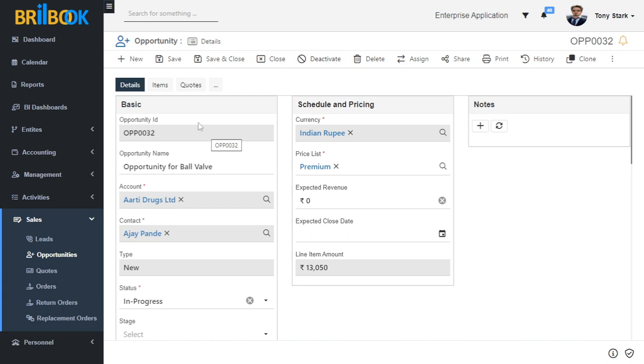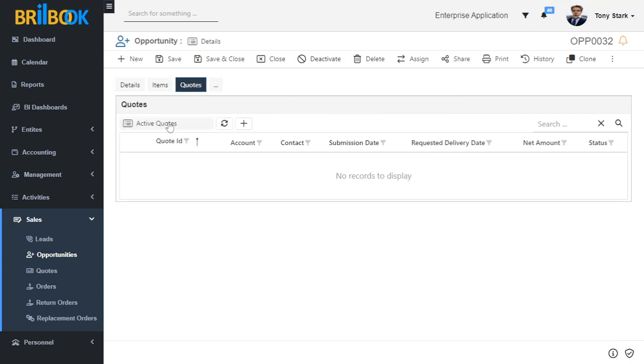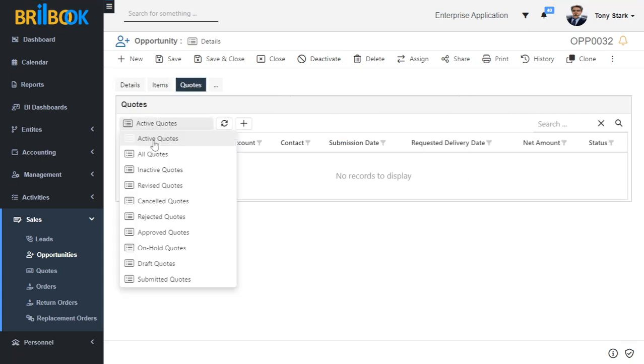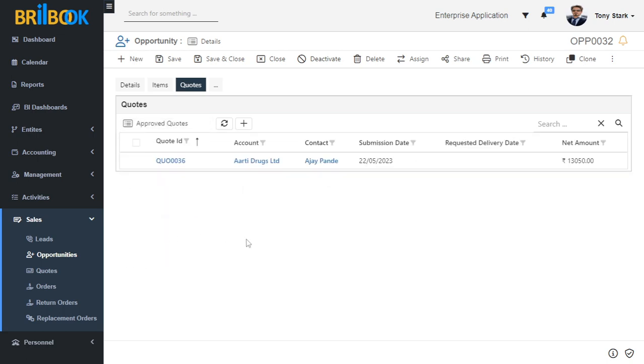To check the quote status as approved, click on quotes tab and change the query as approved quotes. Here you can see the approved quote record against that opportunity.